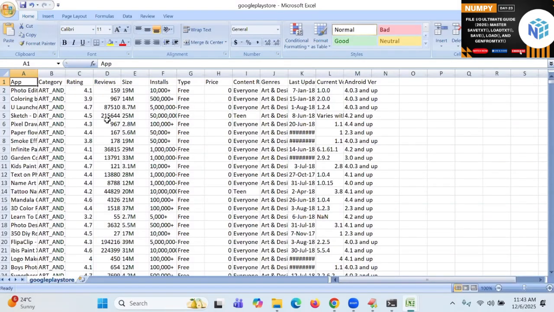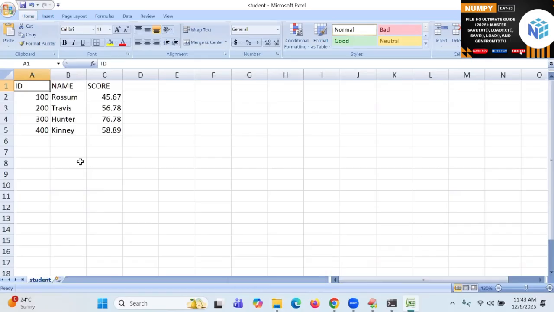So in your mobile, Google Play Store is there or not? In the Play Store, how many apps are there? First of all, you don't know how to find that out. This is the one that will be helpful. It's one project I am going to tell you. It is also one CSV file, and that is also a bigger CSV file.